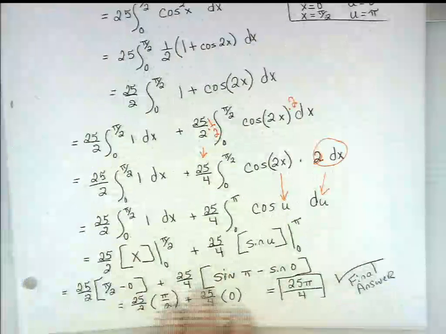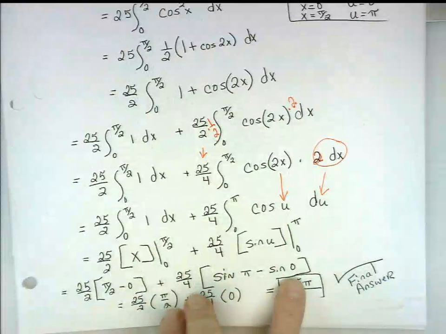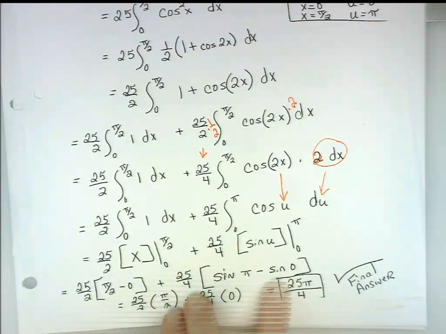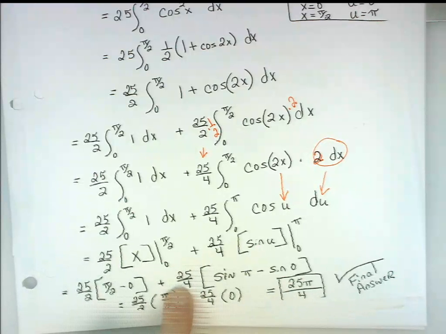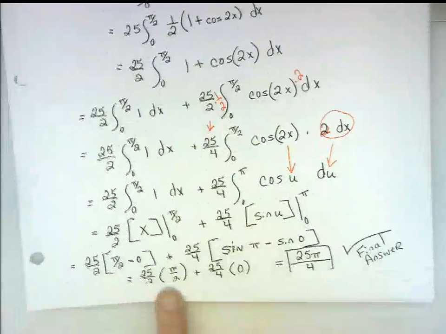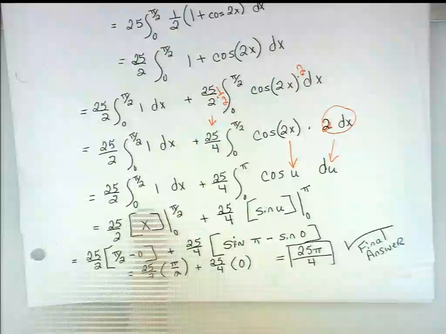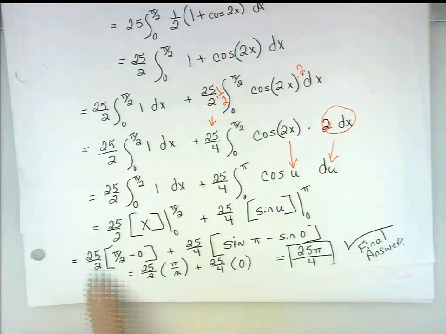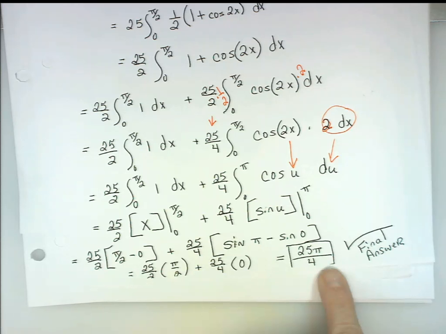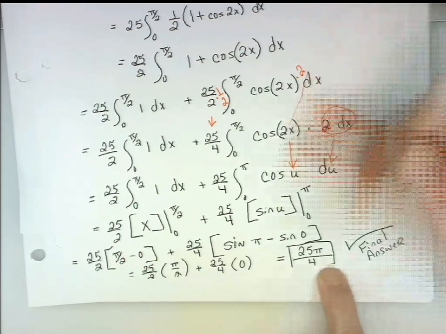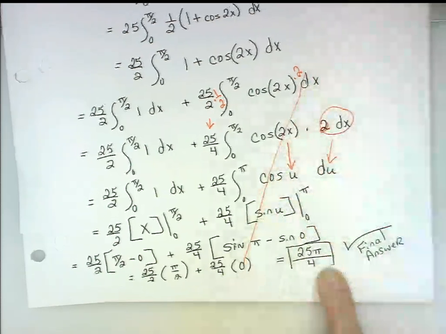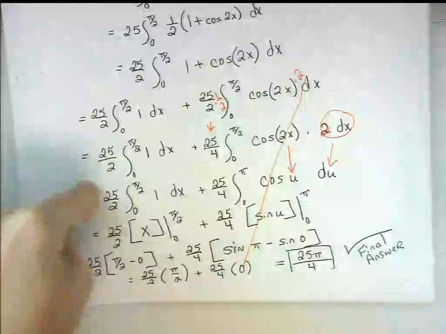The fundamental theorem of calculus is going to say sine of pi minus sine of 0. Well, the sine of pi is 0. The integral from 0 to pi over 2 plays out to be, when you do the math, 5 pi. The one with u sub actually led to a final answer of 0. And the work we did here, where we did not have to do u sub, led to